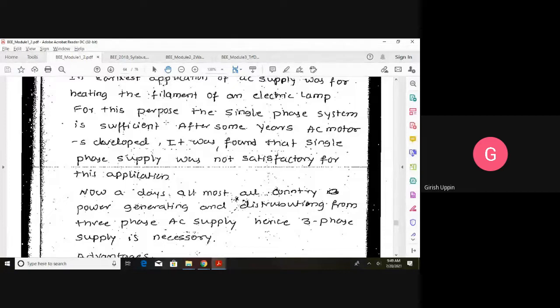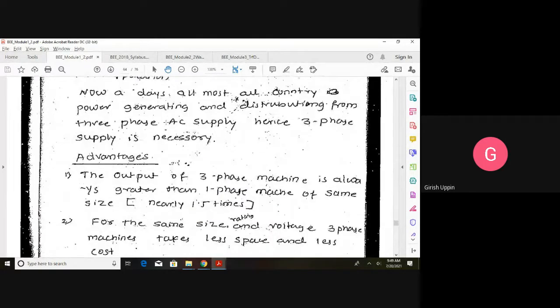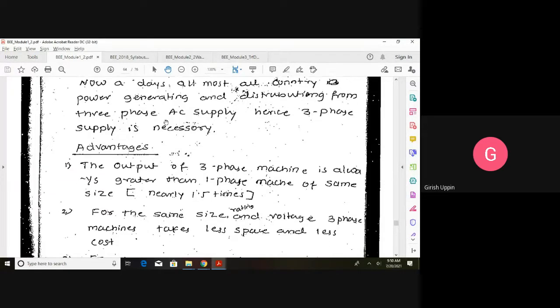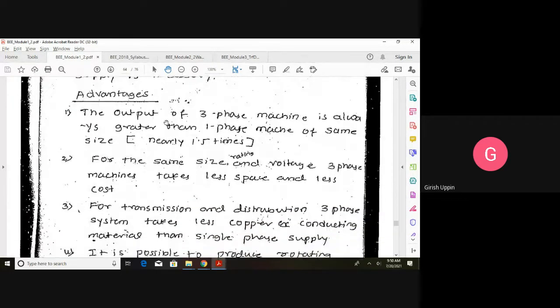So as I told you before, all the power generation happens as three-phase. Then power is transmitted as three-phase, and at the distribution, for industrial load, it is given as three-phase, or for whoever requires three-phase power. And for domestic purposes, out of those three phases, one phase and neutral is taken. So that is the star connection. If you remember, in star connections we will have four terminals, three phases and one neutral, and one of the phases and the neutral can be taken as a single-phase supply. And what are the advantages of having three-phase over single-phase?